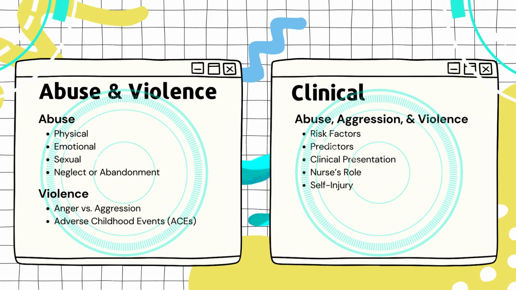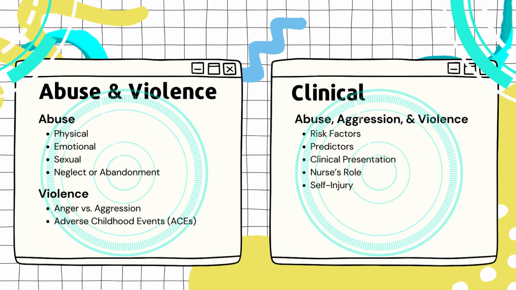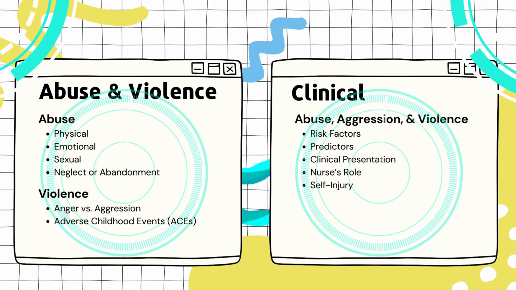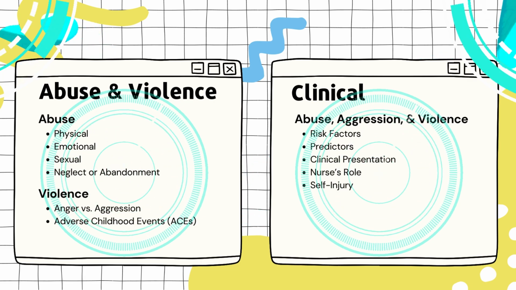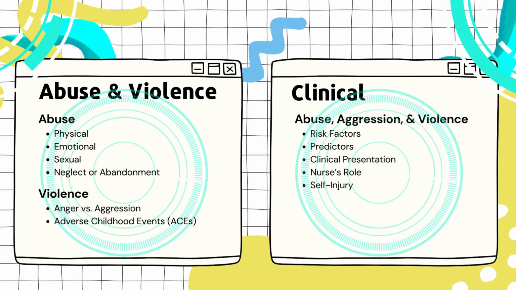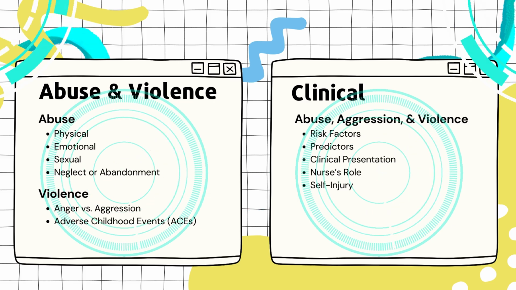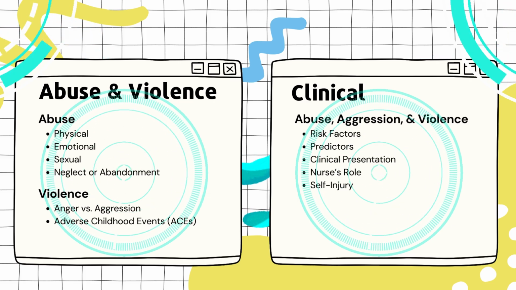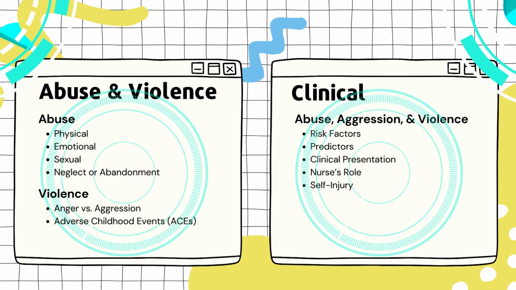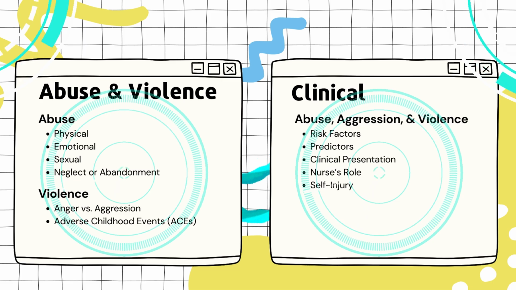Unfortunately, this behavior that often starts in adolescence has occurred more and more frequently over the last 20 years. So we need to be aware of the self-injurious behavior and be able to identify that potentially this is a manifestation of abuse, violence, or aggression. Clinical presentations of somebody that is experiencing abuse, violence, or aggression can be the defense mechanisms. So we're talking about displacement and suppression, regression, things like that.